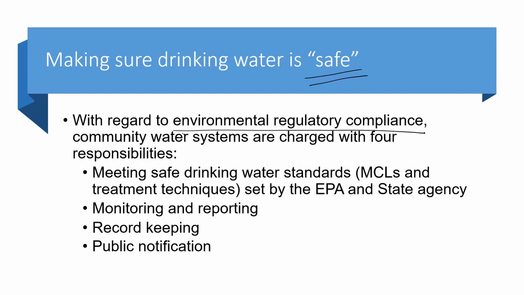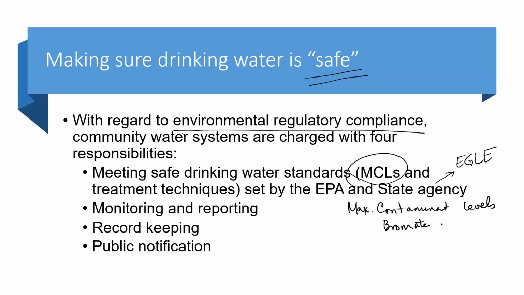And these community water systems are charged with 4 responsibilities. 1, meeting all of the safe drinking water standards. And these are promulgated by the US EPA and by the state agency that has primacy. So in Michigan, that is EGLE. The MCLs are the maximum contaminant levels. So these, for instance, include chemicals like bromate, which is actually a disinfection byproduct, which is set at 10 micrograms